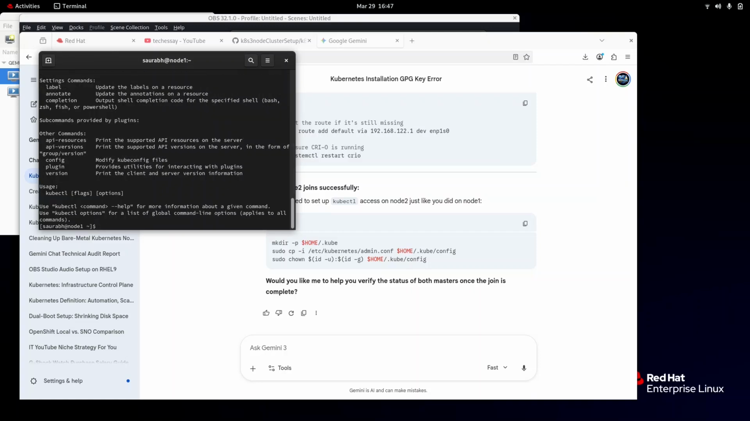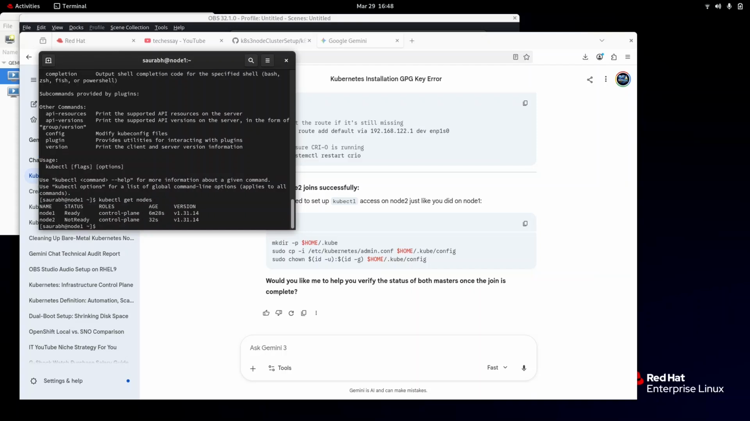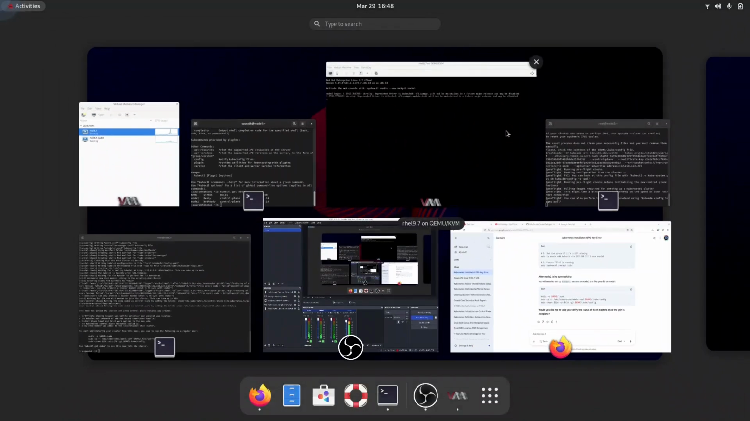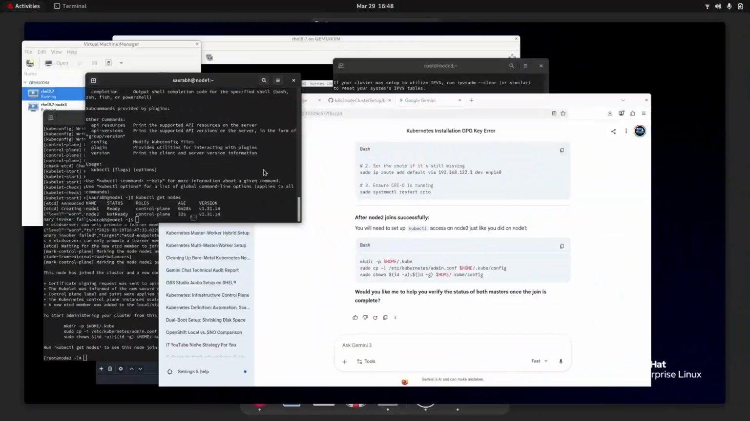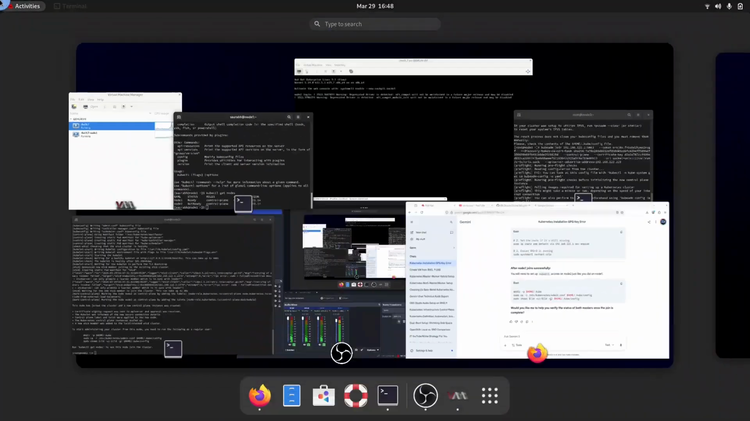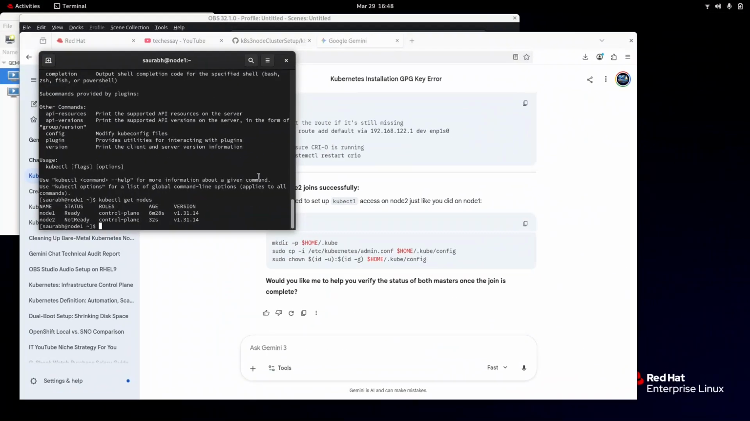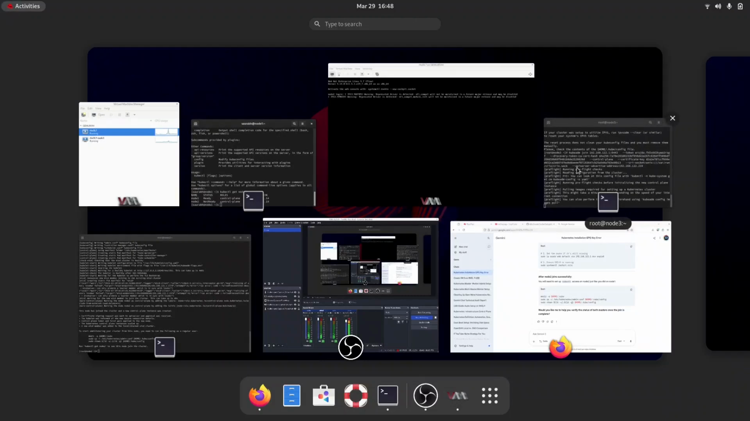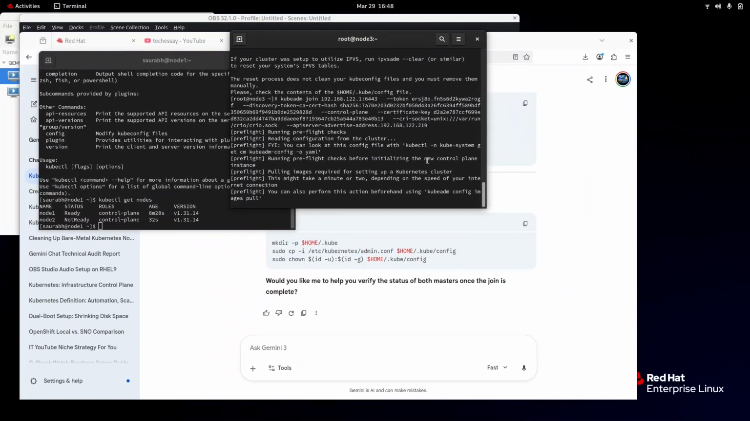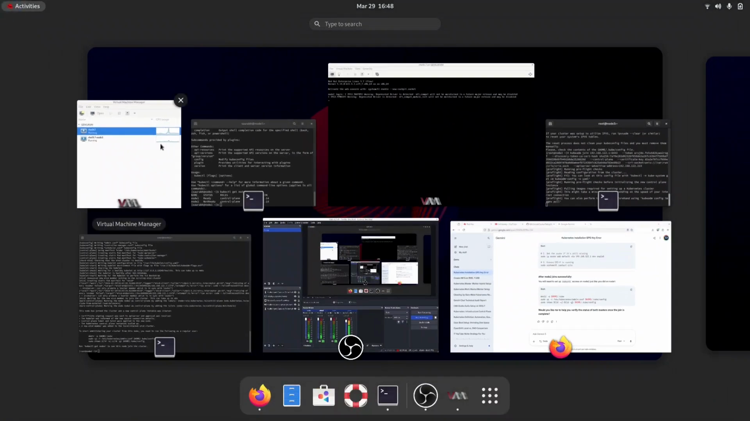command here. Okay, you can see kubectl get nodes. Currently node 2 is here, node 3 is also not listed till now, but node 2 is joining as a control plane from 32 seconds ago. Okay, let me go here. It's also in pre-flight. Node 3 is in pre-flight mode, and